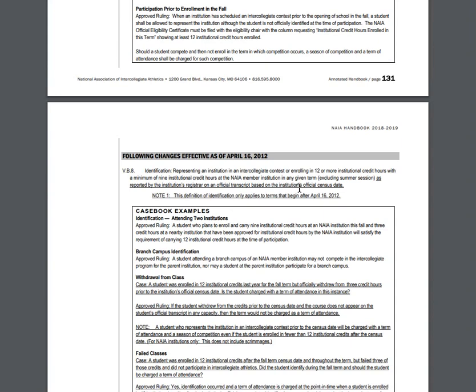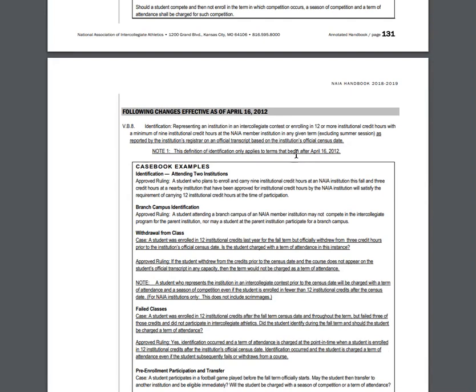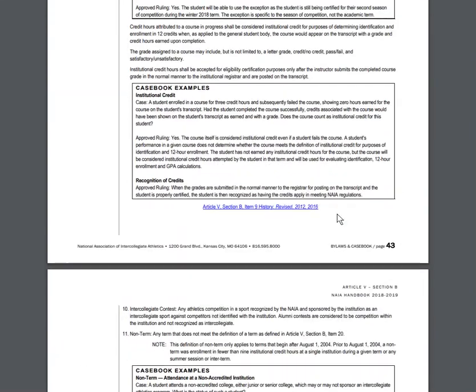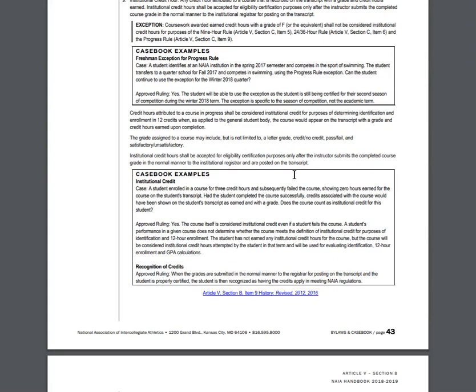this definition was valid. And so if your student was enrolled and you're wanting to figure out if they're identified during that time period, then you would use the changes from 2012-2013. So that's VB8. So continuing on, as you can see, we do these for any of the bylaws that have changed in